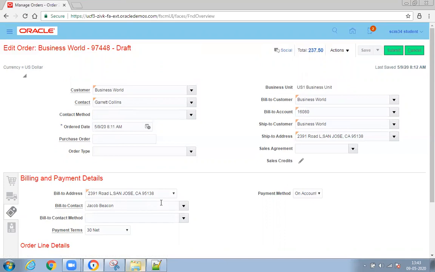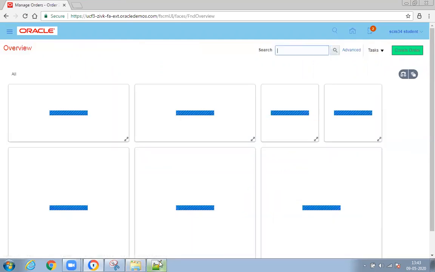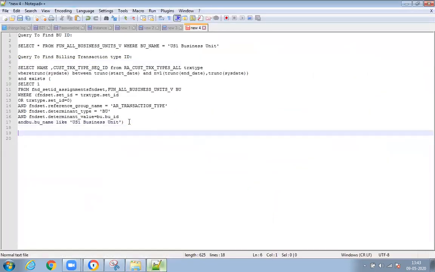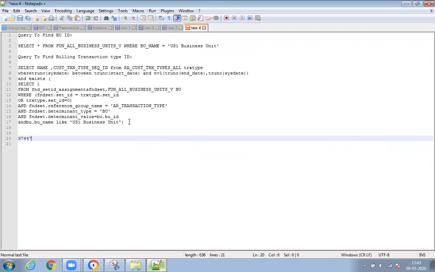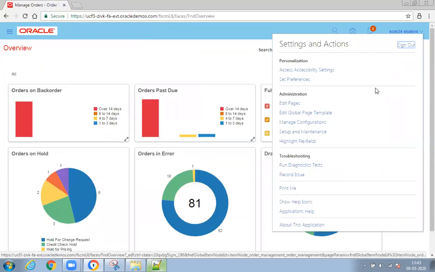Generally, post transformation rules execute after submitting your order. Now let me save it. Done. This is my order number. Now let me create post transformation rules.